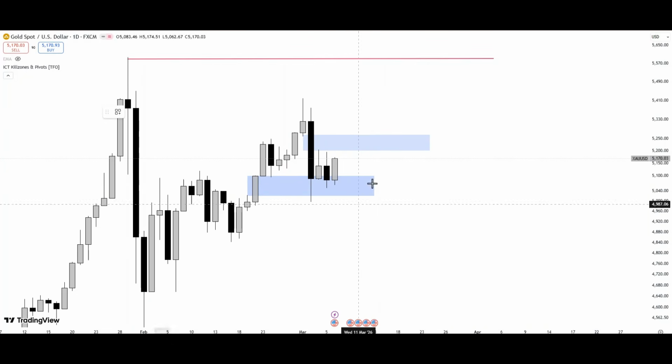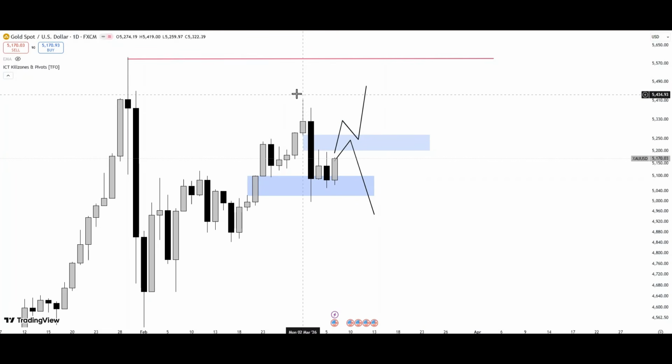And so far, as you can see, last week we had all this drop, price tagged it, and so far price has also left behind a bearish fair value gap. So if gold is bearish, price will use this to push price lower. If it's bullish, then we would want to see price invert this daily fair value gap, and then from there we can anticipate more likely bullish gold momentum.